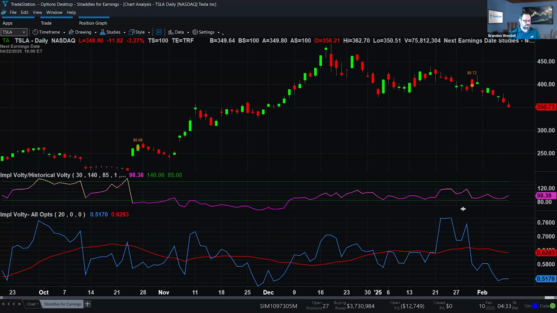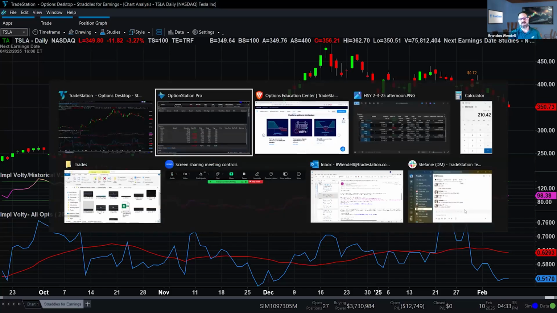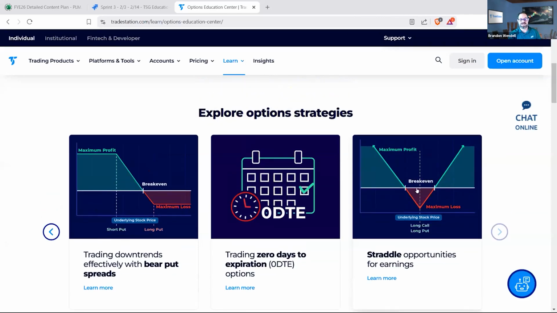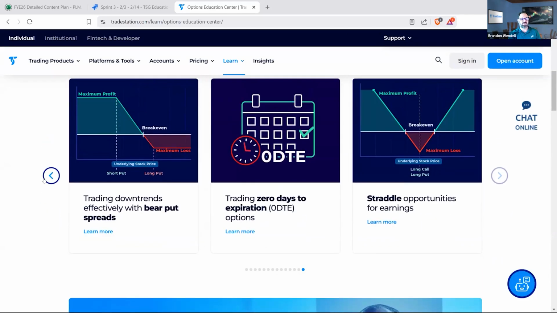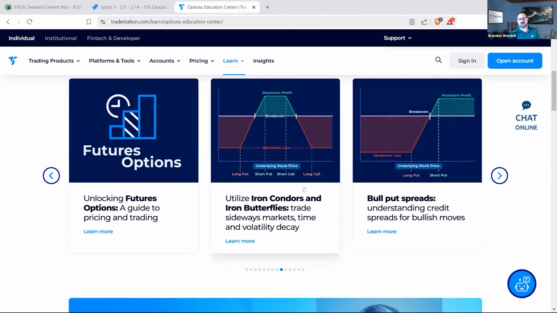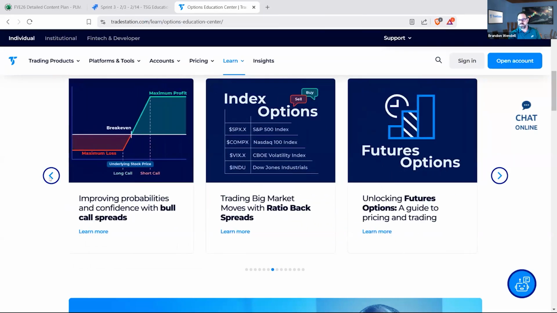So one of the things we could do to minimize that risk, coming up to earnings, because volatility is already very high, if you want to put on the long side, you've got to do it well before the earnings release. That's why I have the scanners, and you can go ahead and find those. If you want to do it right before the earnings release, you could use perhaps an iron condor and butterfly, or a condor or butterfly, like that.